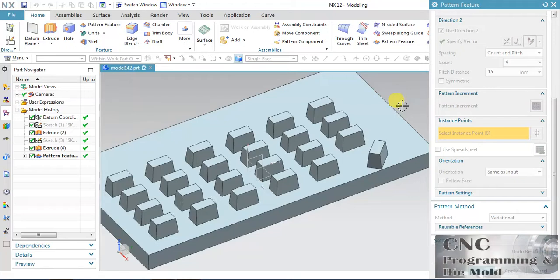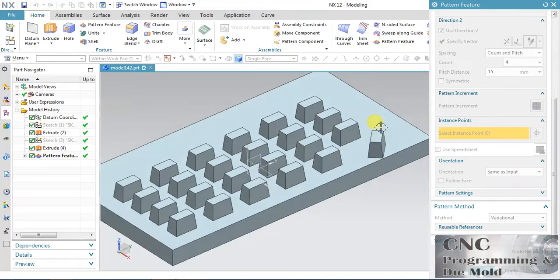This is my preview. So this is my instance point. With the help of this instance point you can move any point in a specified direction, and you can suppress any point, you can delete any point. In instance point,